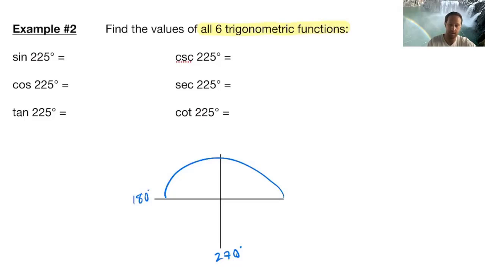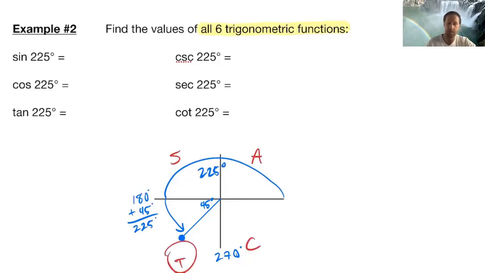So how much in between would I be? Well, I recognize 225 as one of those reference angles in a different quadrant that we spoke about and listed. For 225, I'd have to add 45 degrees to that, which means we would be right in the middle here to get to that point. How far? I don't know. They didn't tell me that, but they did tell me that I would have to rotate 225 degrees, which means I also know